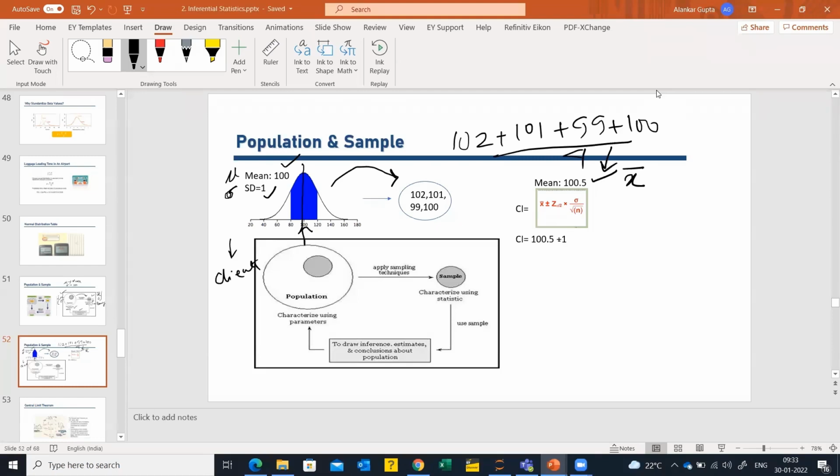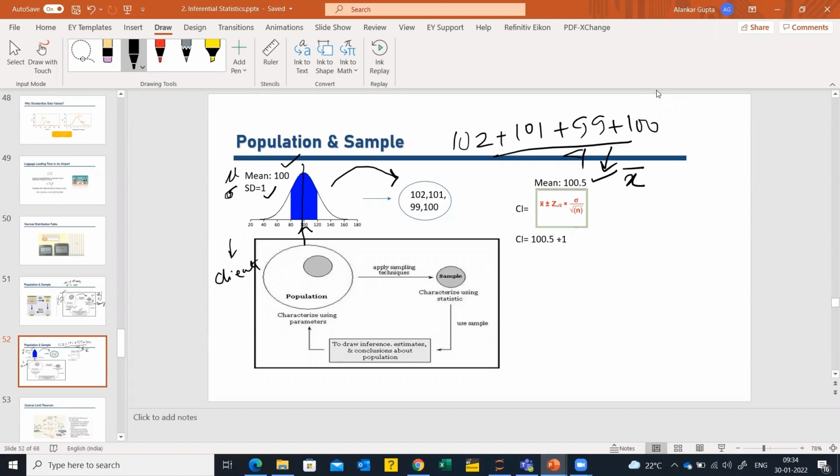Based on the mean, I can predict about the population. So I can predict about my population if I take this data from the population as a sample. I can predict that my mean is somewhere around 105. So the population will also have a mean of 105. So my prediction about the population is done now. So it is 105. But actually, we know that this is 100 because it is very big data. Based on this sample, we can predict only 105.